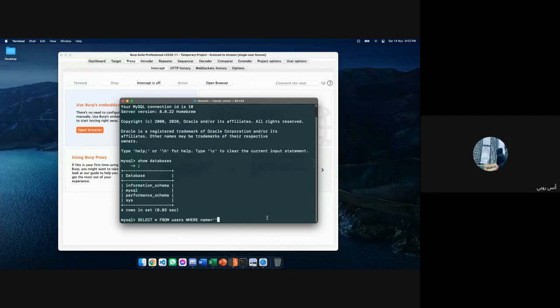So the other challenge is SELECT all is identical, but the flag is in another table. So we need to use ORDER BY first. So we'll use ORDER BY, for example, 4. Did it work? It will be 5, as I guess. I think 4 or 5, doesn't matter. So once we find the right number of fields that we need, we start writing UNION and NULL. It's 4, as I can remember. Anyway, from